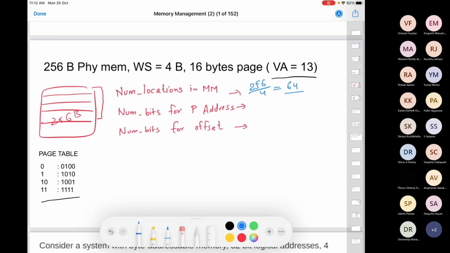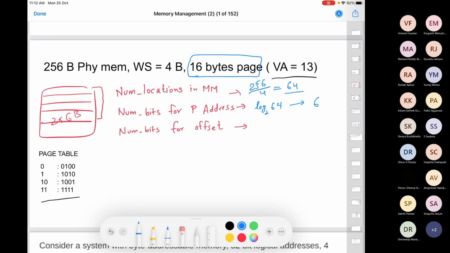To address these many locations, how many bits do you need? 6 bits, right? Log 2 of 64. So we need 6 bits. Okay. Now your one page is 16 bytes.